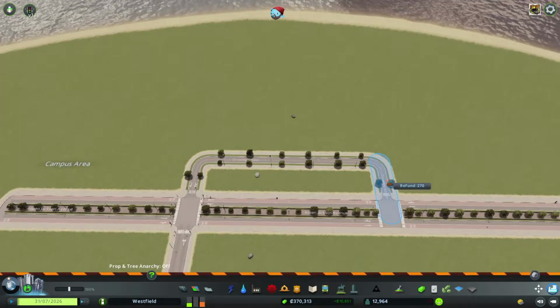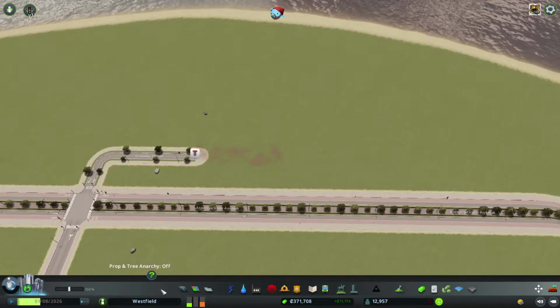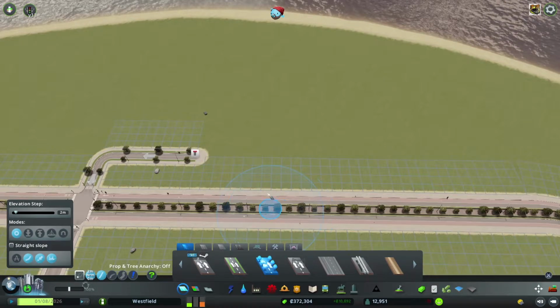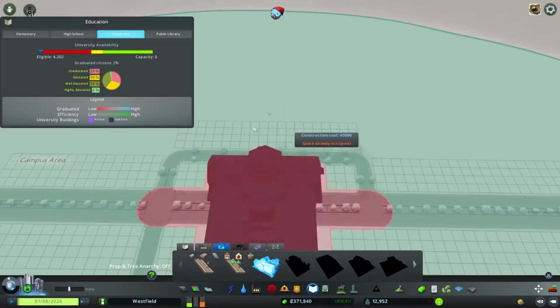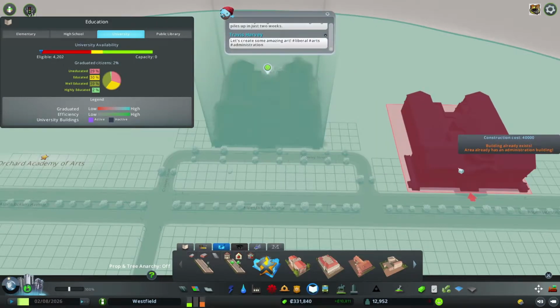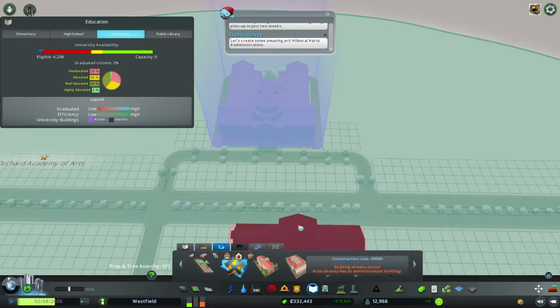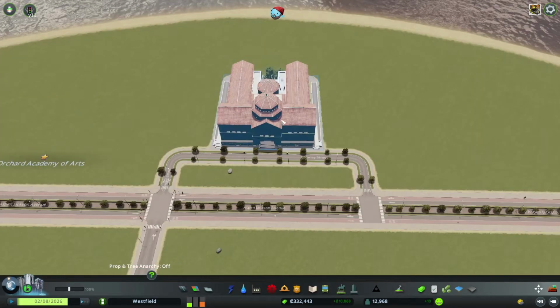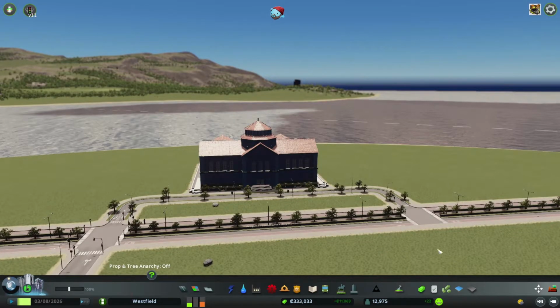Okay, so that ain't gonna work. Let's bring this back. And let's try to make it perfectly center. So come back one more. And then if this is here, great, there's 4 on both sides. Okay, oh, there we go. And now we've unlocked all these additional buildings. So now we have our little liberal arts